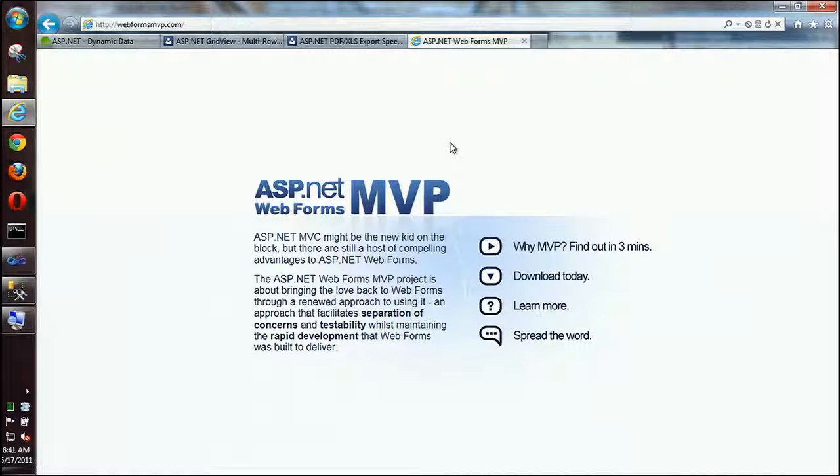So what Web Forms MVP will give you in particular is a foundation framework that lets you continue to use the standard Web Forms controls, user controls, pages, grid views, all those types of things, the normal data binding, but have a framework behind it that lets you separate out most of your presentation logic into a presenter class. You'll still have access to the HTTP context, request, response, caching, session, all those types of things, but you get access to them in an abstracted way through the System.Web.Abstractions assembly that was released in .NET 3.5 Service Pack 1